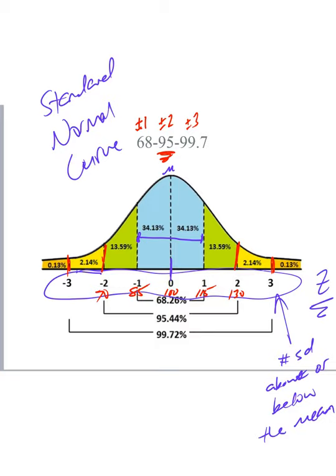So that's just an example of that. So the 68, 95, 99.7 is called the empirical rule,